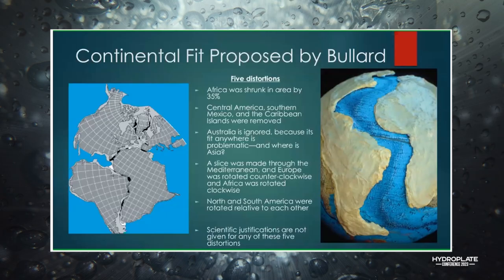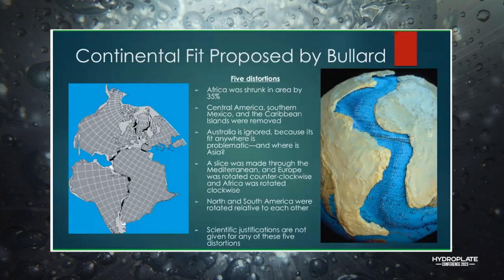Well, one of the things that Dr. Brown's book points out is there's a number of distortions that have to happen to make this work. I've listed the five there from his book, but basically Africa itself had to be shifted, many other continents had to be shrunk by 35%, and many other continents actually had to rotate. So North America rotated clockwise and South America counterclockwise. Africa had to rotate in order to get this puzzle piece fit of these continents to fit this idea that's advanced by plate tectonics and this idea of Pangea.